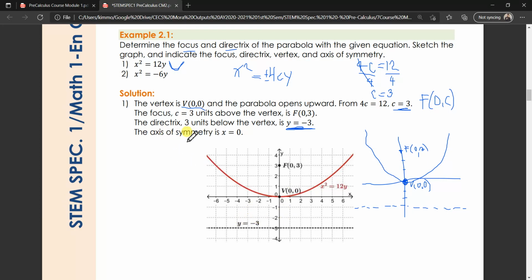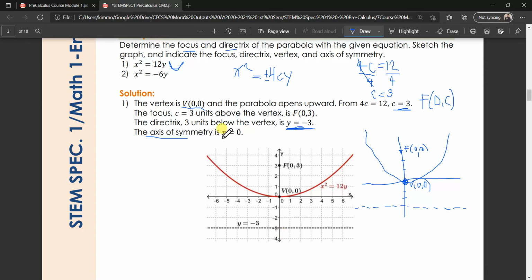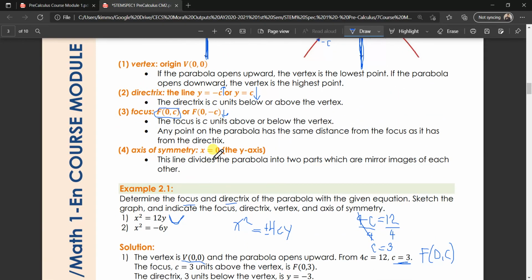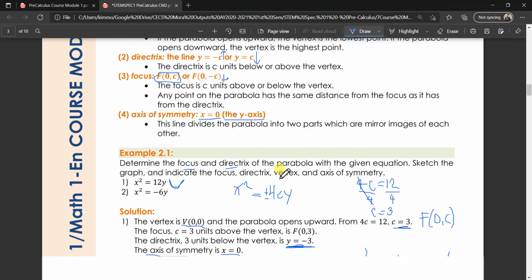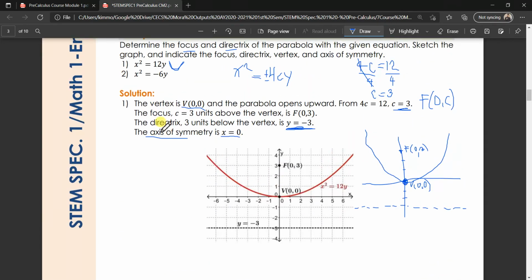Then lastly, our axis of symmetry. This is our axis of symmetry, that is the y-axis, or simply x is equal to 0. Okay? You can write x is equal to 0 or y-axis. So both are the same. Okay, for number 2,